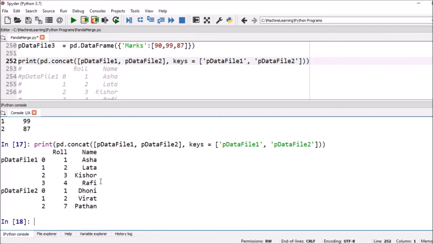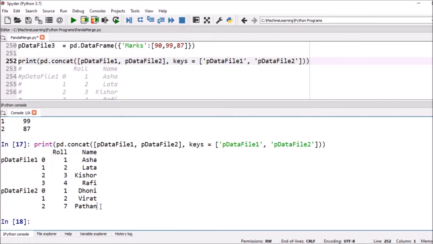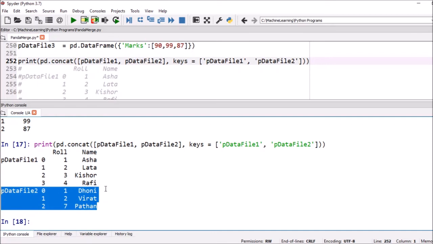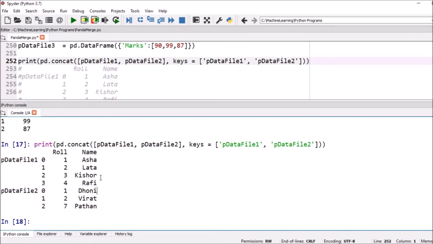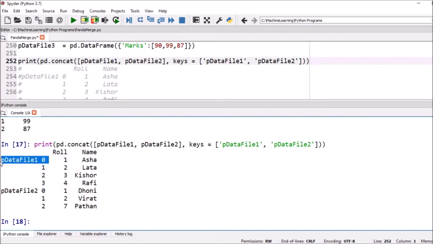So here we can see it merges these two data frames row wise, and the keys are used here along with the roll number. So roll number and name is there, roll number and name is there, and it mentions that these are the data from p data file 1, these are the data from p data file 2.